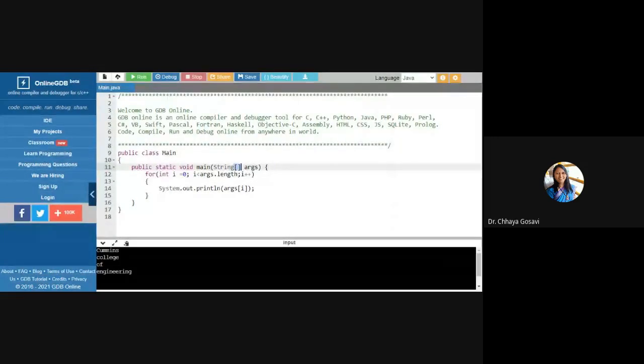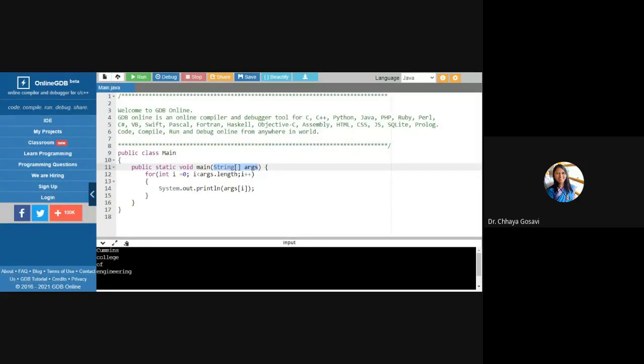Okay, have you ever wondered what that argument is for? Like in a function, we pass parameters, and we use those parameters in that function. For example, if it is an add function, I'm passing two parameters, a and b, to perform addition of those two numbers and return the result. But why are we passing this argument here in main? Whatever arguments we pass here are called command line arguments.